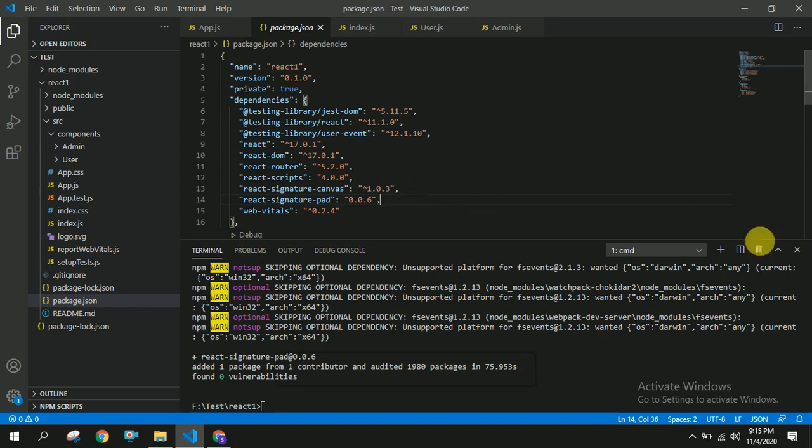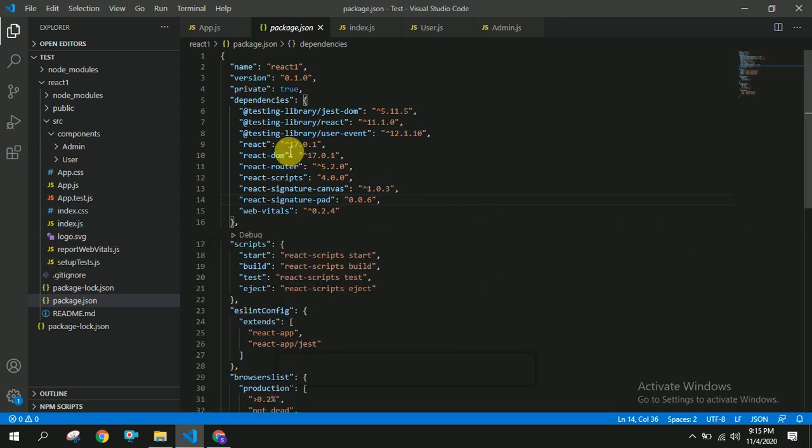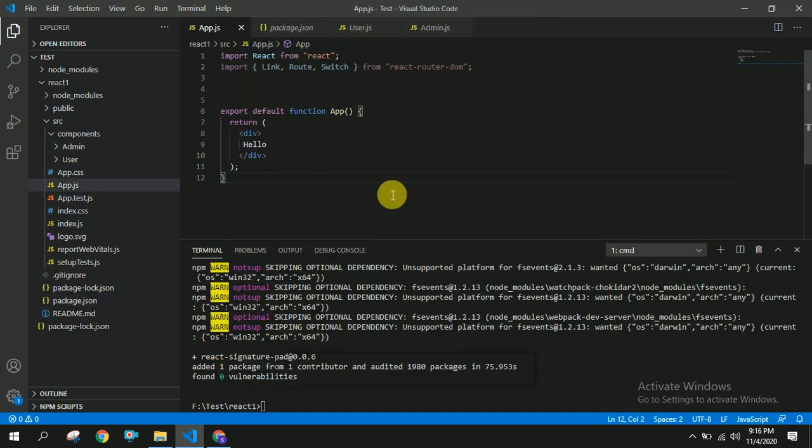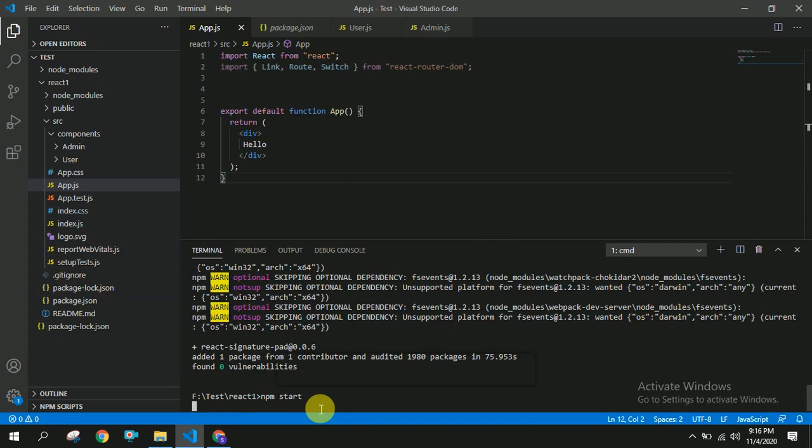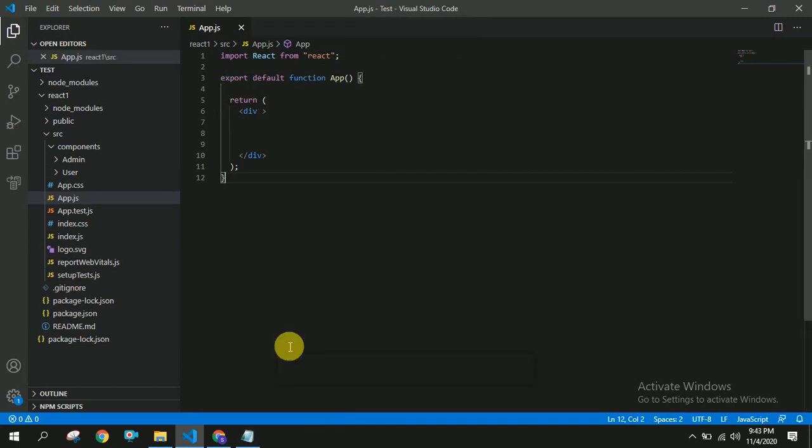Now let's see how to write code in that. I'm going to write all our code in the app.js file. Now I'm going to run this project using npm start. We have to write our code in app.js, so you can create your own file.